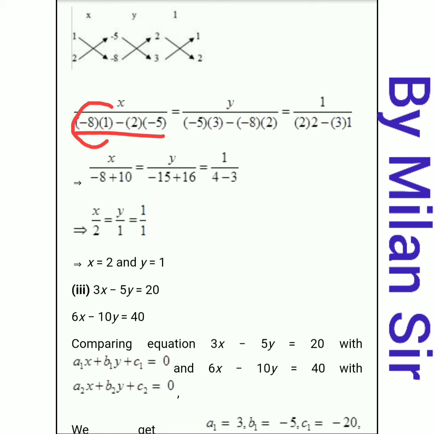In first term 8 ones are 8. Big number sign negative. Plus minus minus. Here it is a multiplication process. So plus minus minus 8 ones are 8. Then here 5 twos are 10. This minus and minus, minus minus plus. So here plus 10. In second term 5 threes are 15. Plus minus minus. Then here 8 twos are 16. This minus and minus, minus minus plus.